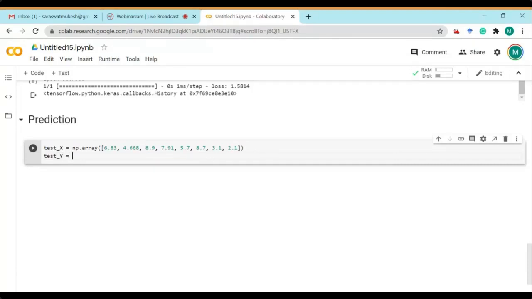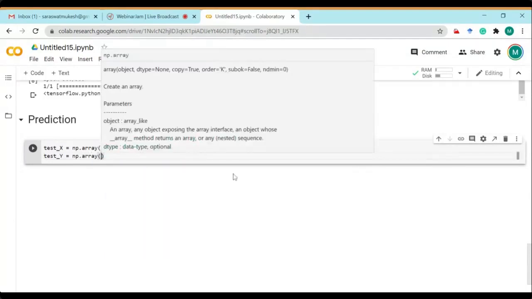There should be a validation. Actually, test data means there is no y value, but here we are just using it as a validation of our system. So here we are using np.array.